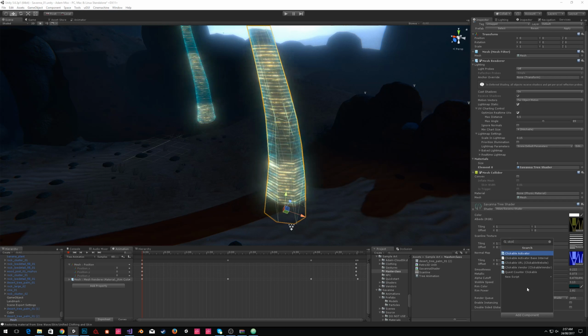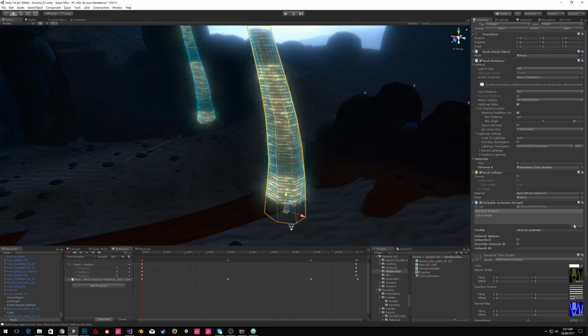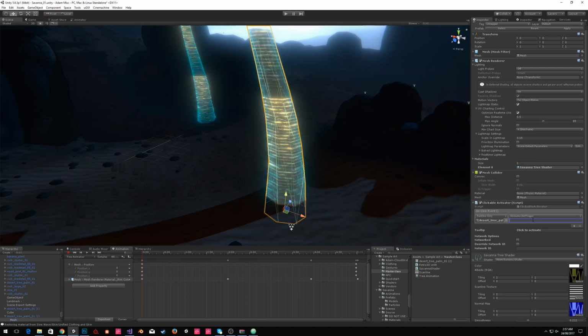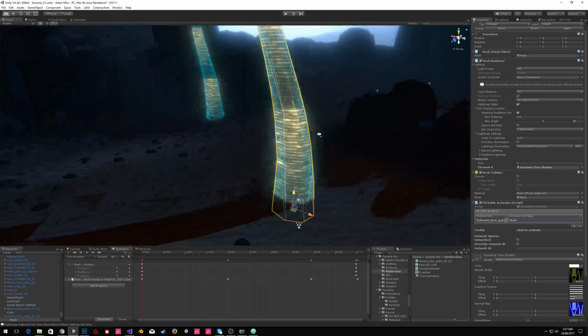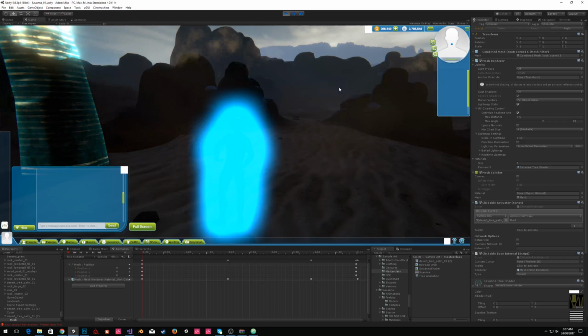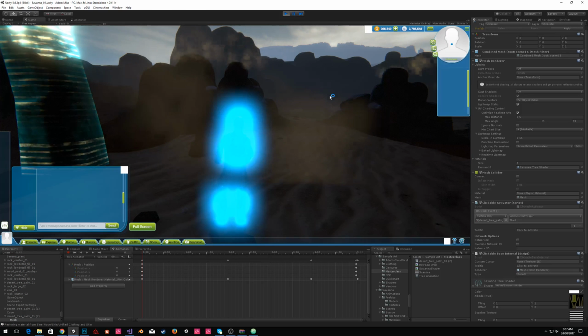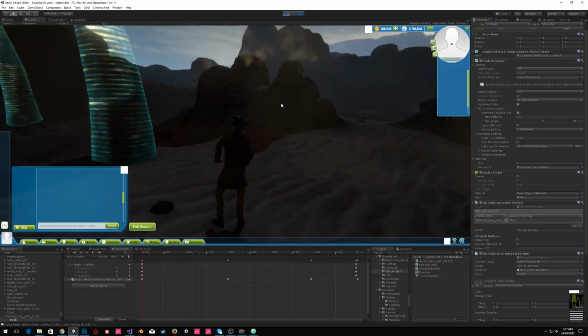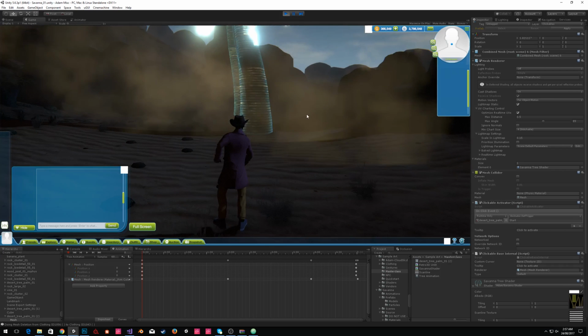So I'm just going to add a clickable activator. Now this uses our event system, so I'm just going to add an event. I'm going to drag the object with the animator on it in here. I'm just going to select animator, and then finally there should be a set trigger. Set trigger, there we go. Our trigger is called start, so we'll just put start in there. And now, when we watch this, just give it a second to hop in. Now that's clickable, and when we press it,